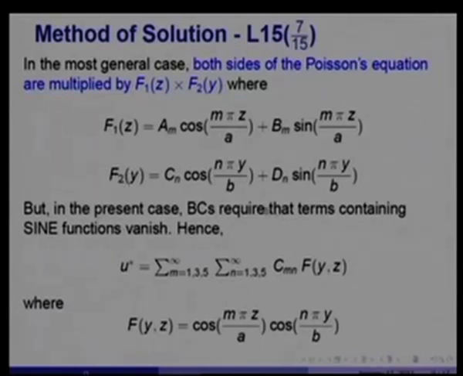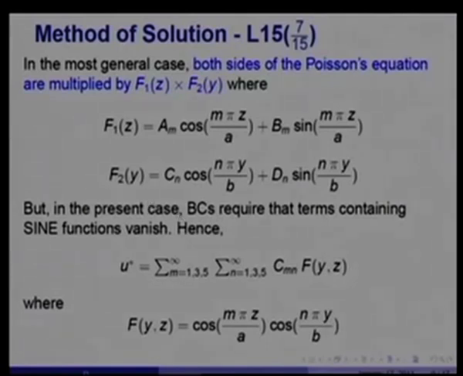In the present case, the boundary conditions require that the term concerning sine functions must vanish. On the wall, the velocity being 0, you will see that sin m pi by 2 would be finite, and that would make f1 finite at the wall, which we do not want, and therefore, the sine terms must be 0, only the cos terms survive,